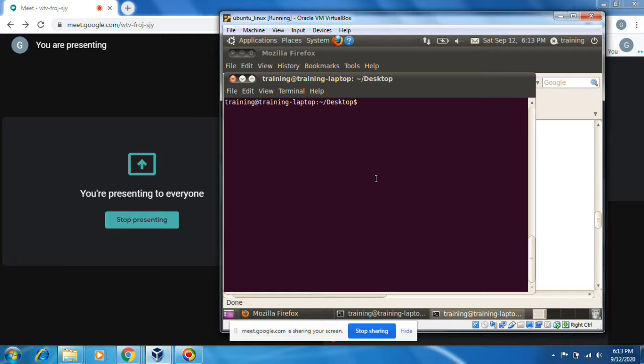Now I am taking test.txt. This file, I am analyzing using AWK. I have seen the contents of the file using cat. Now I can see the contents of the file using more.